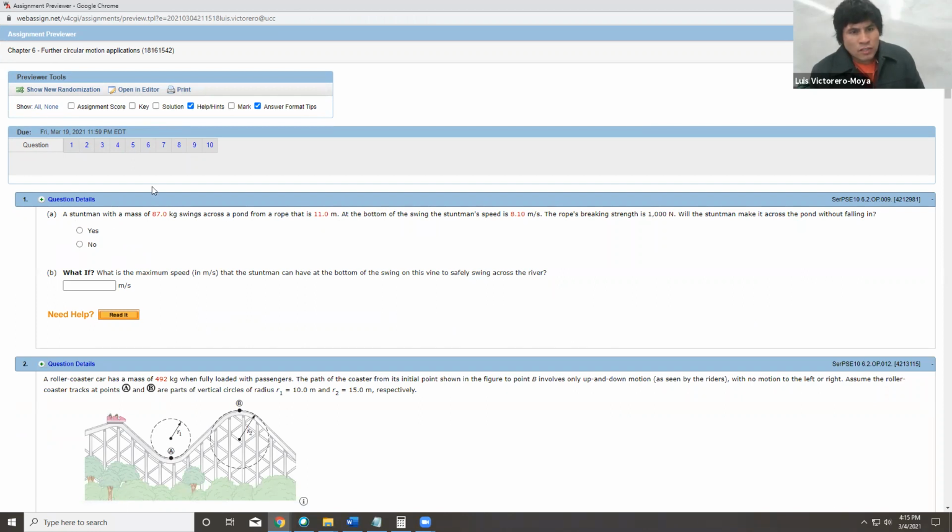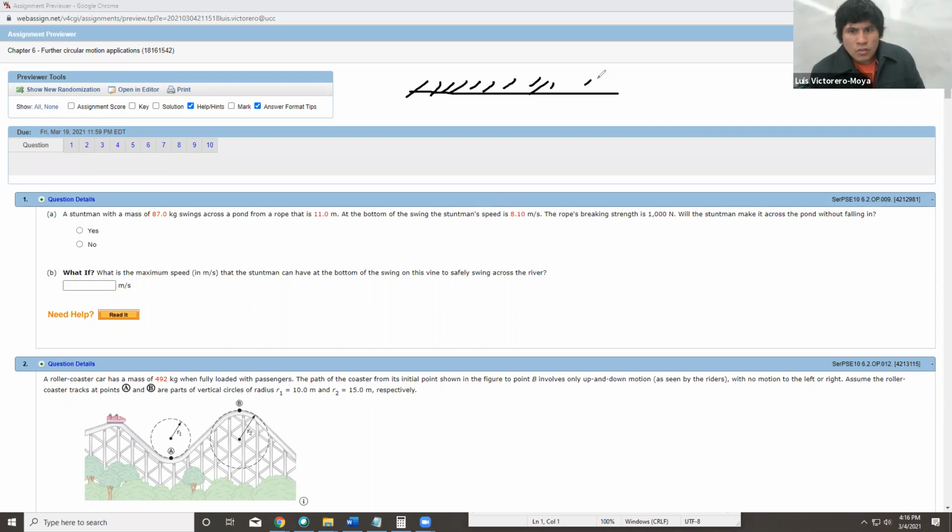The first problem, with different values, will be the same idea. You have a stuntman with a certain mass, with a rope hanging. So the diagram will basically be: you have the roof, and you have a person swinging from, say, this point. The length of the rope doesn't change. So it's going to reach a point here at the bottom, and the speed is, in this case, 8.1 meters